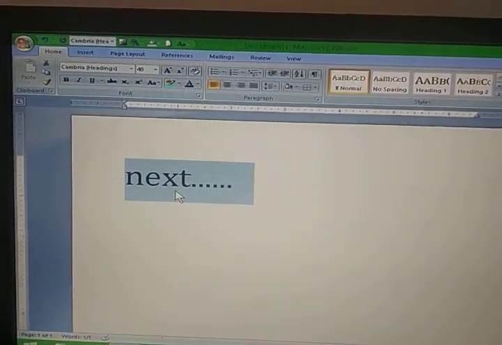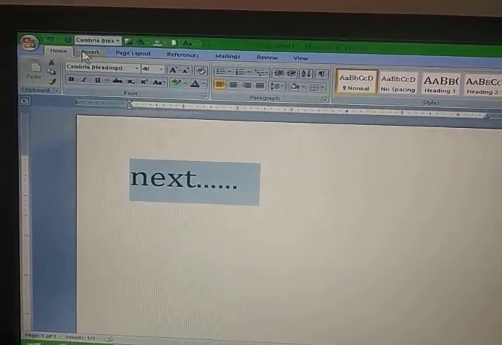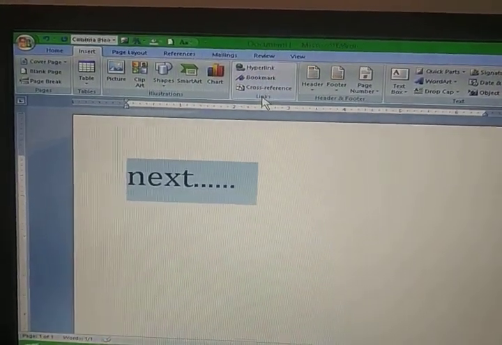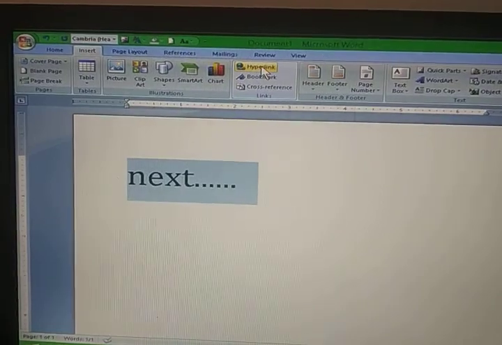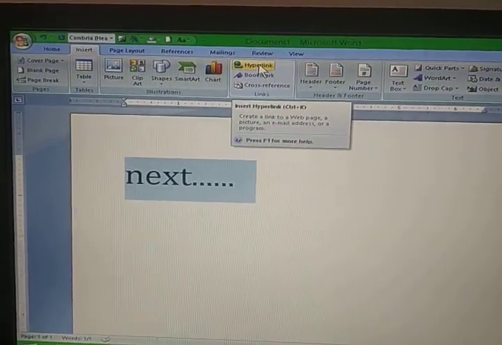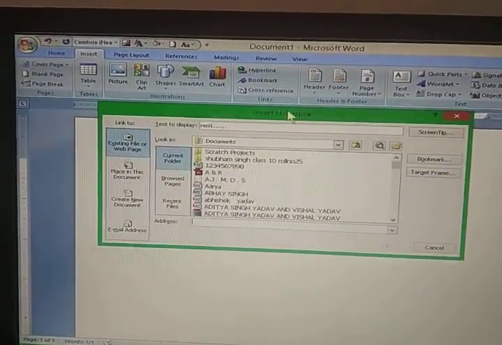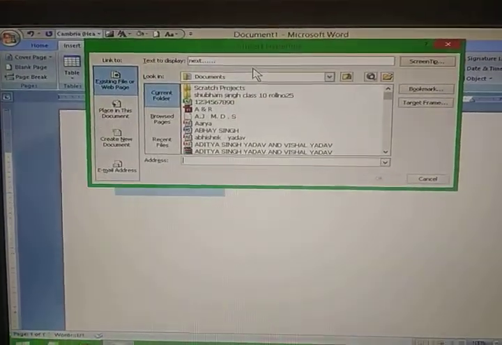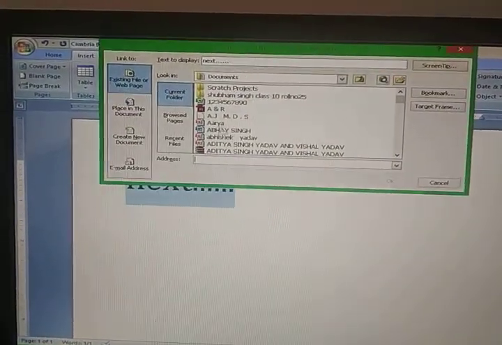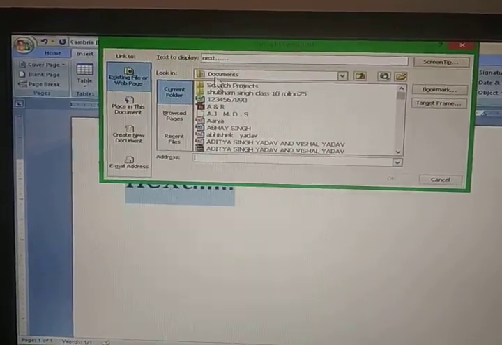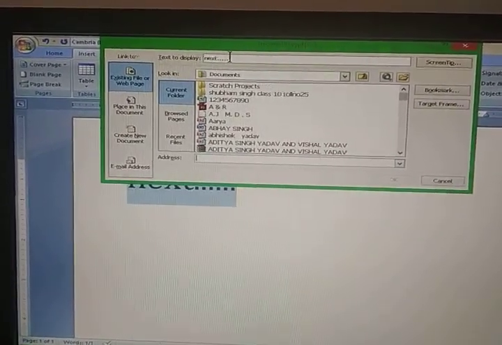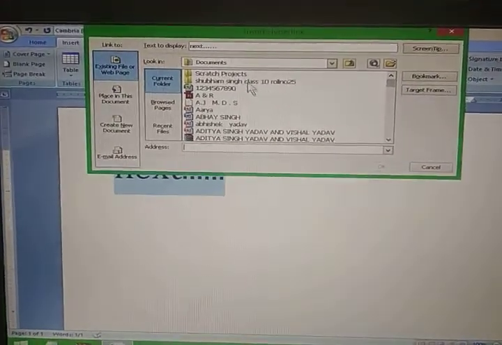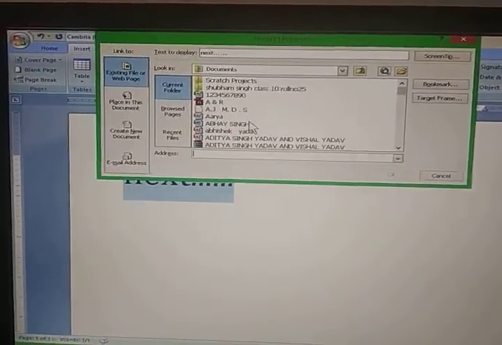So it gets selected. Now go to the insert menu, and in the insert menu you will find the link tab, right? In this tab you will find hyperlink option. So you need to click on it. When you click on it, the hyperlink dialog box appears in front of you. So let's understand, your selected text is displayed here, and the file is to be linked with your selected text.